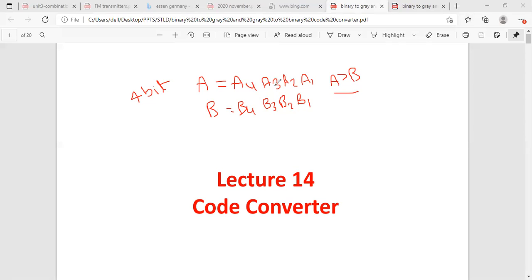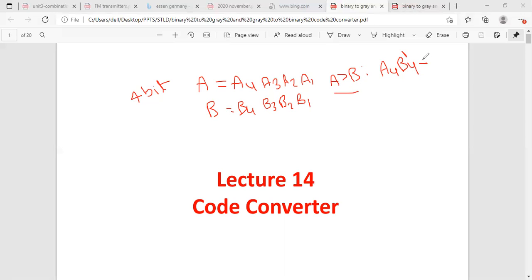The remaining bits we don't need to compare. If A4 is 1 and B4 is 0, that is the A greater than B condition, right?